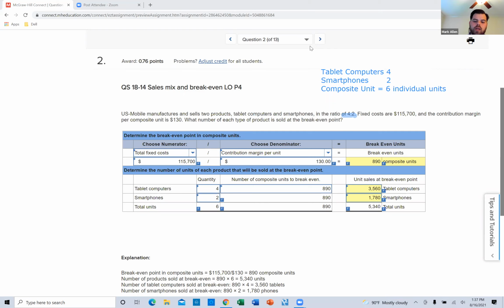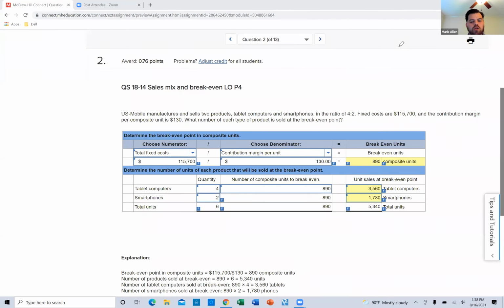So now we're simply going to come in and take my 4 tablet computers times my 890 composite units. And that's going to give me 3,560 tablets that have to be sold, and then 2 smartphones per composite unit gives me 1780. Now I'll simply add those two numbers up. And when I do that, I'll come out to my total number of individual units that have to actually be